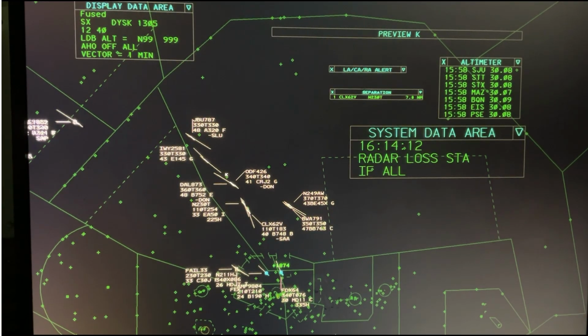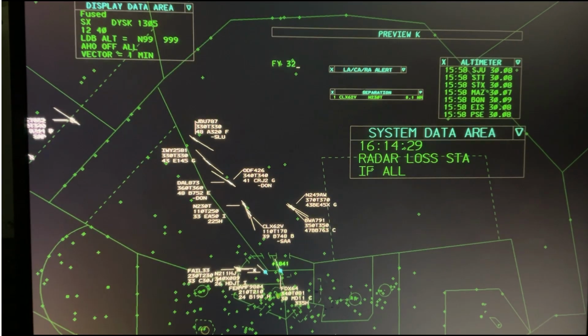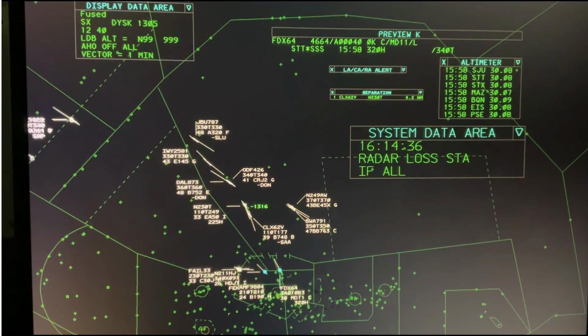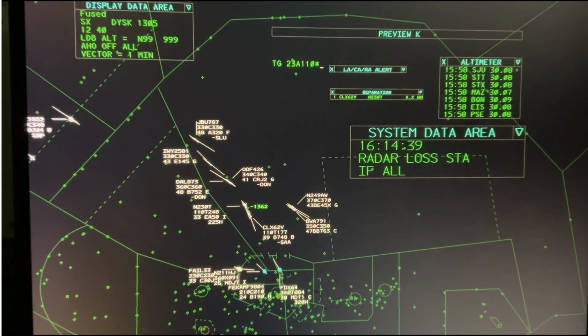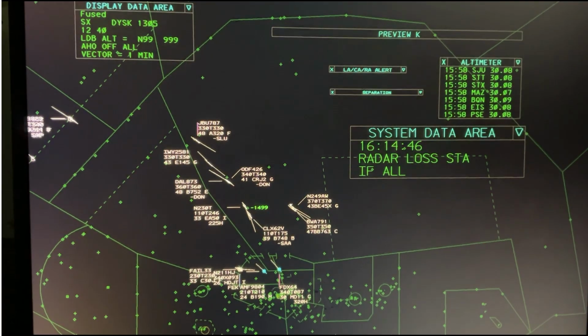FedEx is climbing at a good enough rate. They're not quite on a 350 heading, because there's a couple things to consider. Your 2 aircraft that are over Bino that are going to continue eastbound on Yankee 290. But now we're starting to turn FedEx 64 back on a 335 heading, and that'll get them up and over our Sailor arrivals, because they're climbing at such an exorbitant rate, and we use our tools to make that decision. Because if 30 Tango and Cargolux 62 Victor have to be at Sailor at 11 and 250,